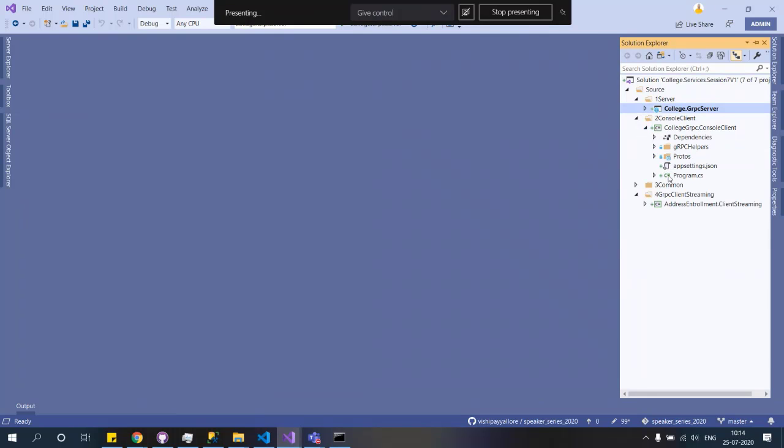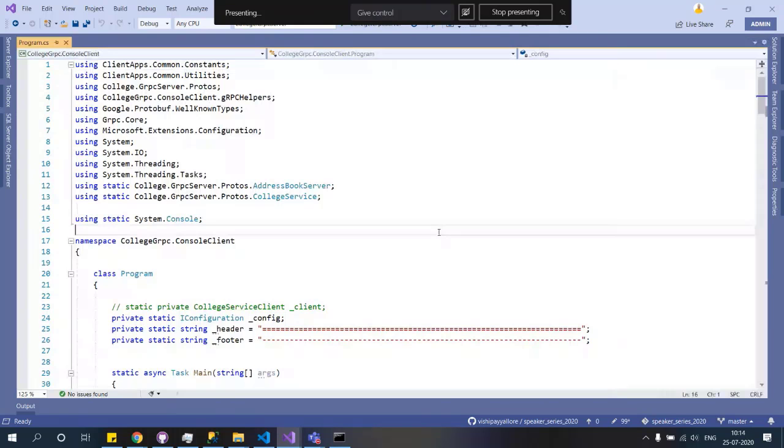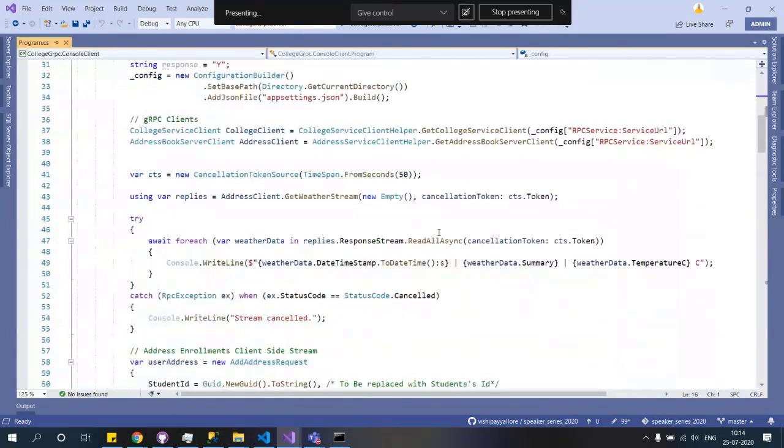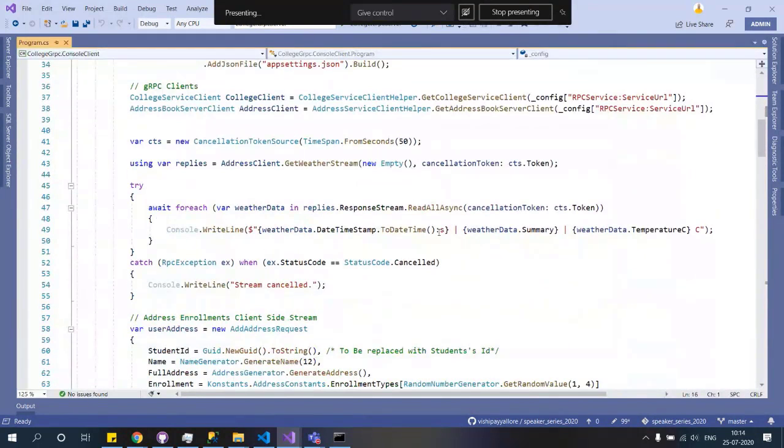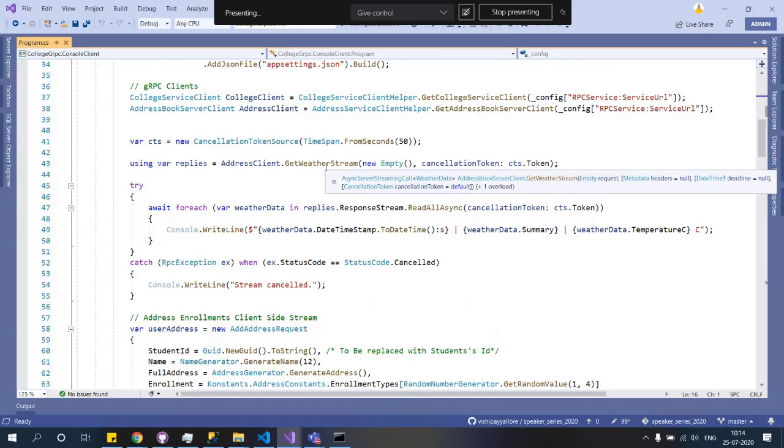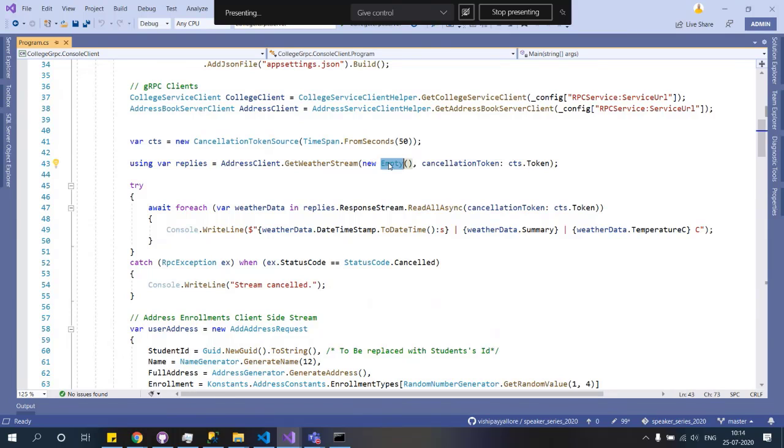So now we saw how the server is streaming. Now what will the client do? The client will use this address book client and will invoke a method. Here we need to pass our student enrollment request. And after that, we will await, similar to what we did there for our client side streaming.